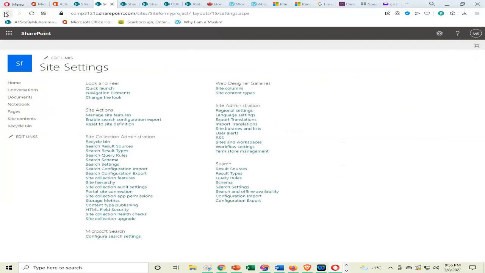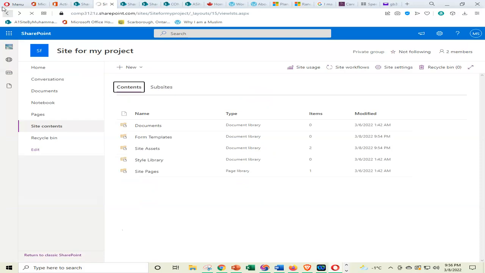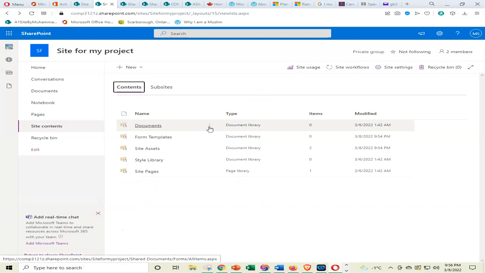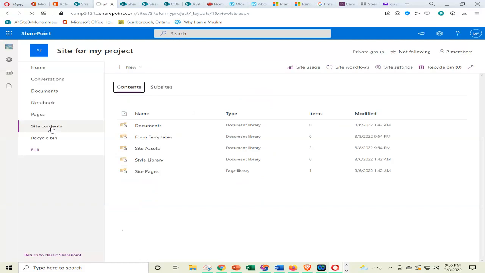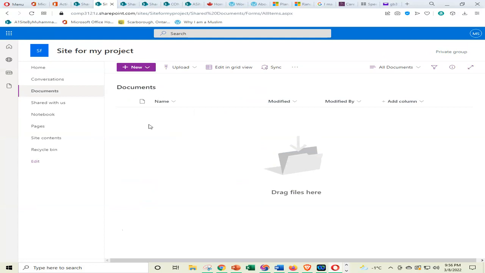No, sorry, not here. I'm always mixing it up. Site contents, then click on site contents. And for example, if we click on documents,